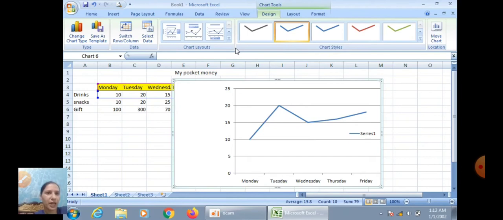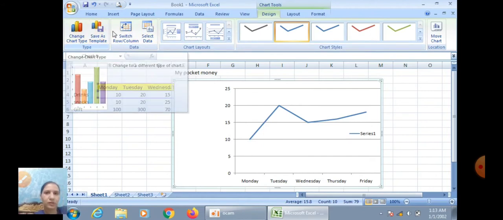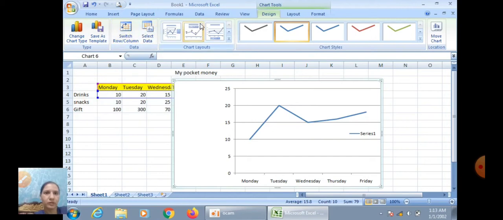Different chart styles we have. You can choose the different styles from here. See the chart styles.